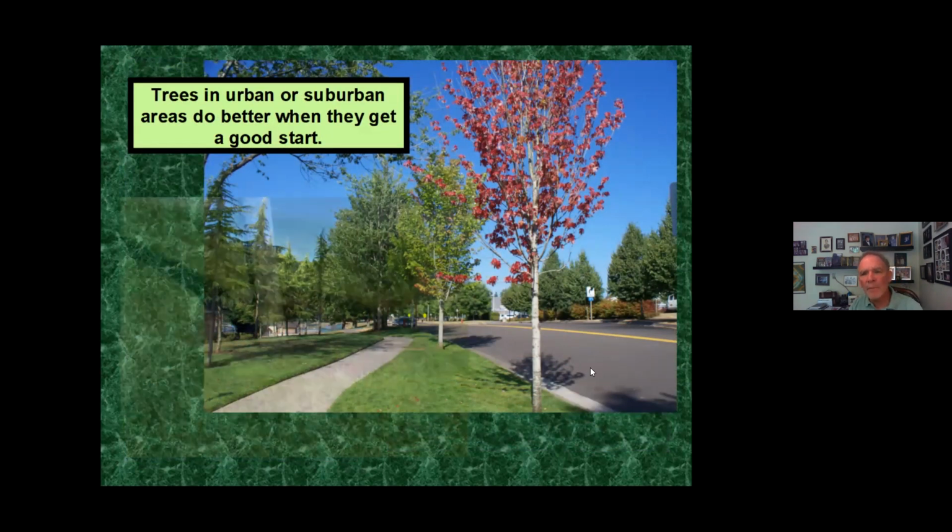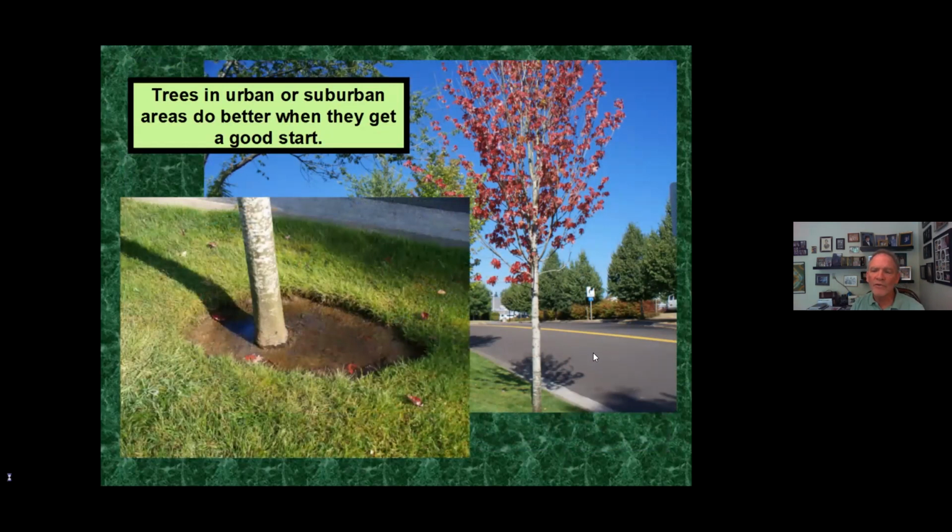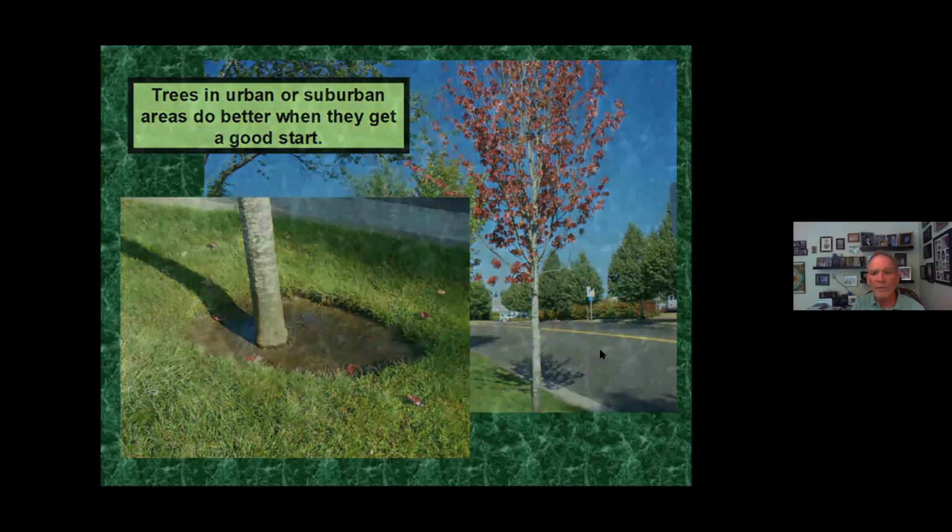Well, improper planting procedures will cause trees to stress. Here they planted too deeply, there's no trunk flare visible, and are overwatering. You can see the standing water there. This happens to be near the Portland, Oregon area. So this little maple here is struggling because of all the poor cultural practices put into place to maintain this tree. This tree is probably doomed. It probably won't make it even if they try to correct it. And this tree behind it's on its way too, all because they were installed incorrectly